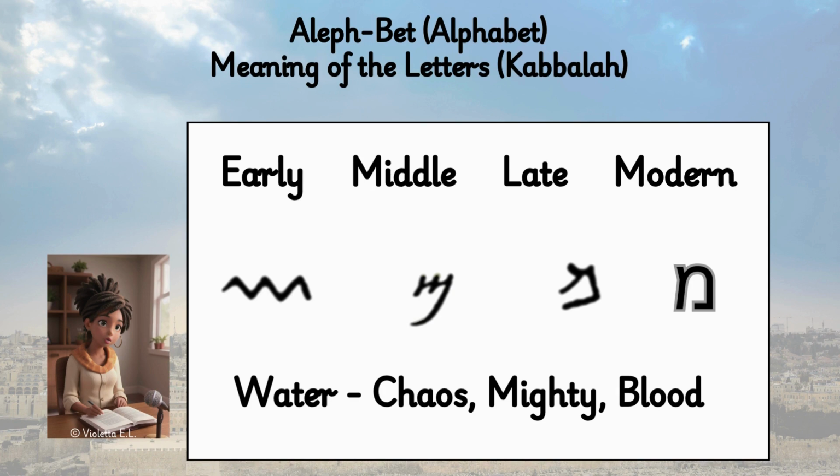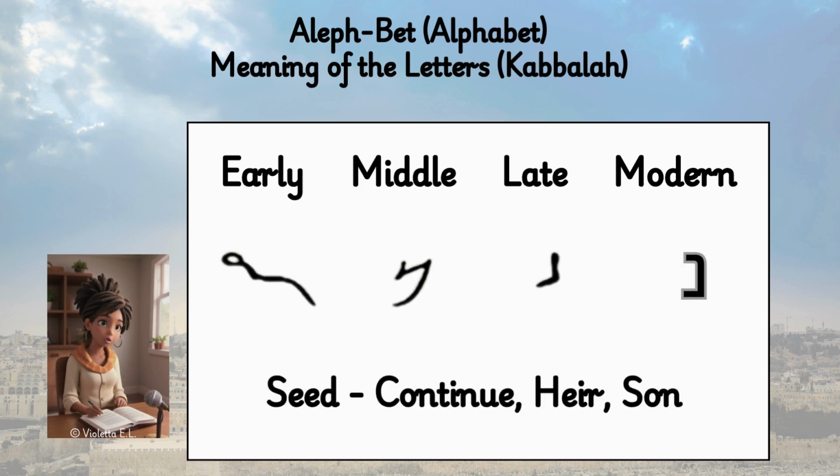Nun represents a fish, symbolizing life or activity. The nun is the symbol of faithfulness, soul, and emergence. The nun stands for humility, as it is bent both above and below. It represents the soul, the neshama, the heavenly spark housed in the earthly container of the body. In Aramaic, nun means fish, so nun can be thought of as the fish that swims in the waters of the Torah, represented by the Mem.